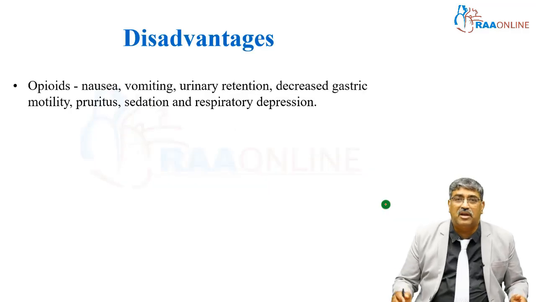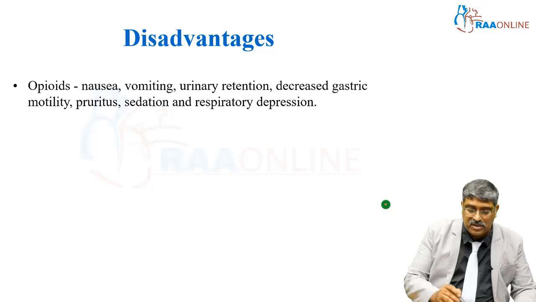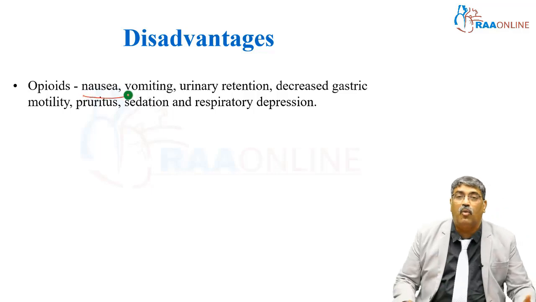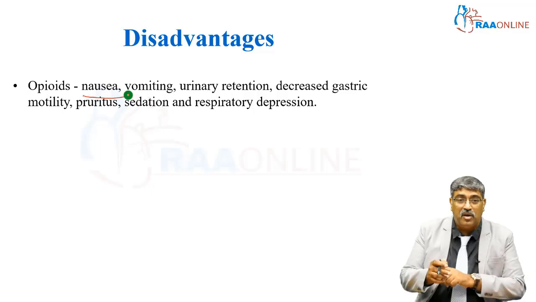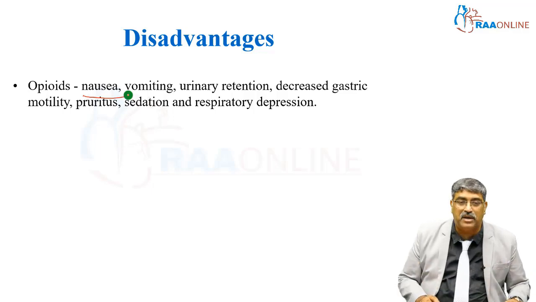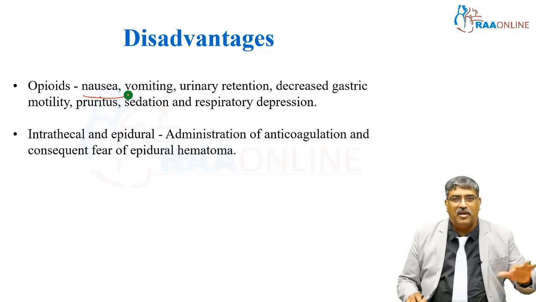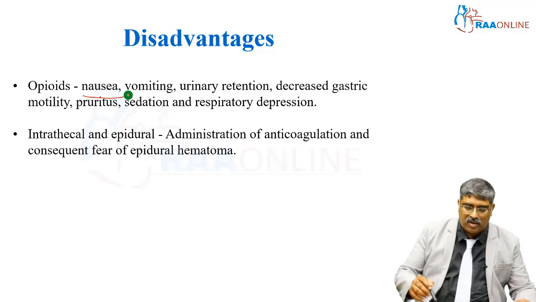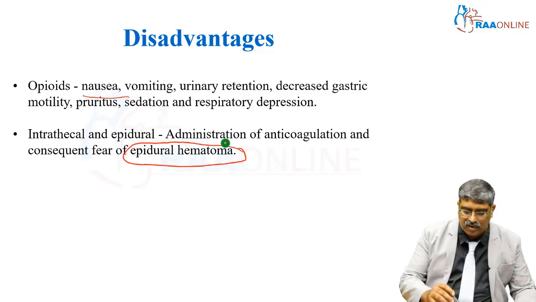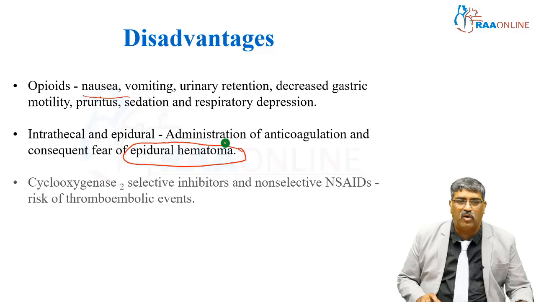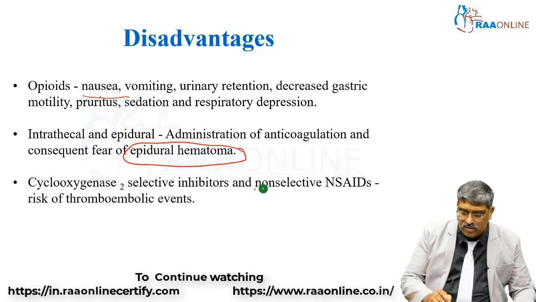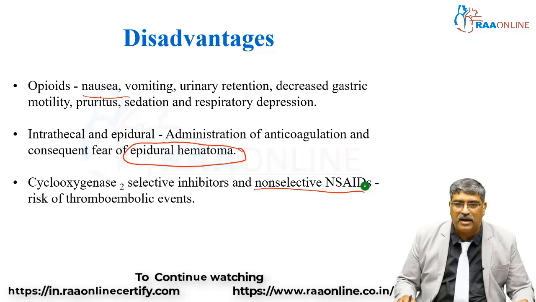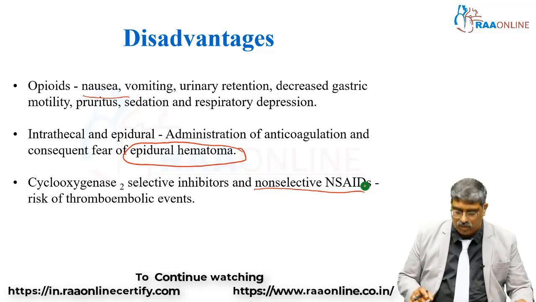Now, a few disadvantages in giving opioid. The patient might develop nausea, vomiting, urinary retention, the gastric motility can be decreased, there can be pruritus, sedation and respiratory depression. Intrathecal and epidural, nowadays nobody administers in cardiac surgery, because there is always a fear of epidural hematoma with anticoagulation. Cyclooxygenase-2 selective inhibitor and non-selective non-steroidal anti-inflammatory drug, there is a risk of thromboembolic